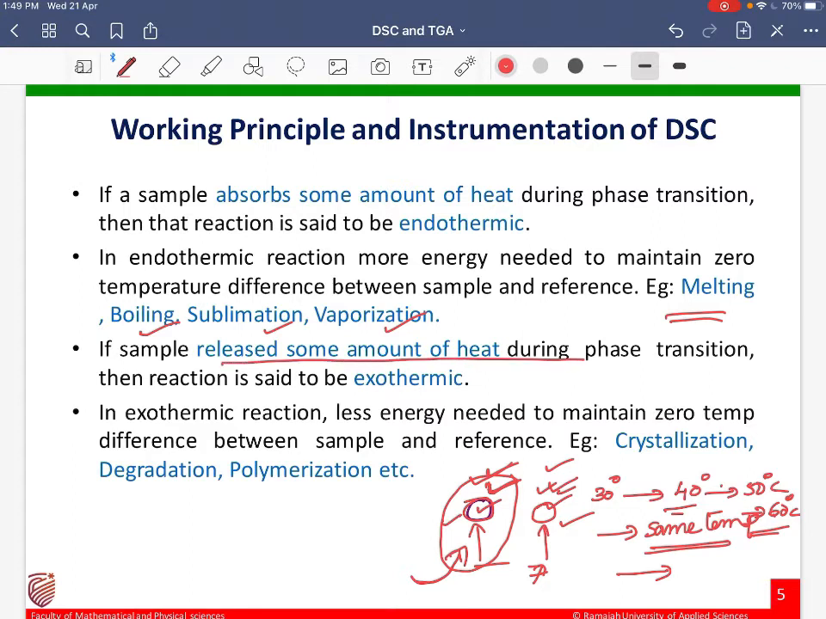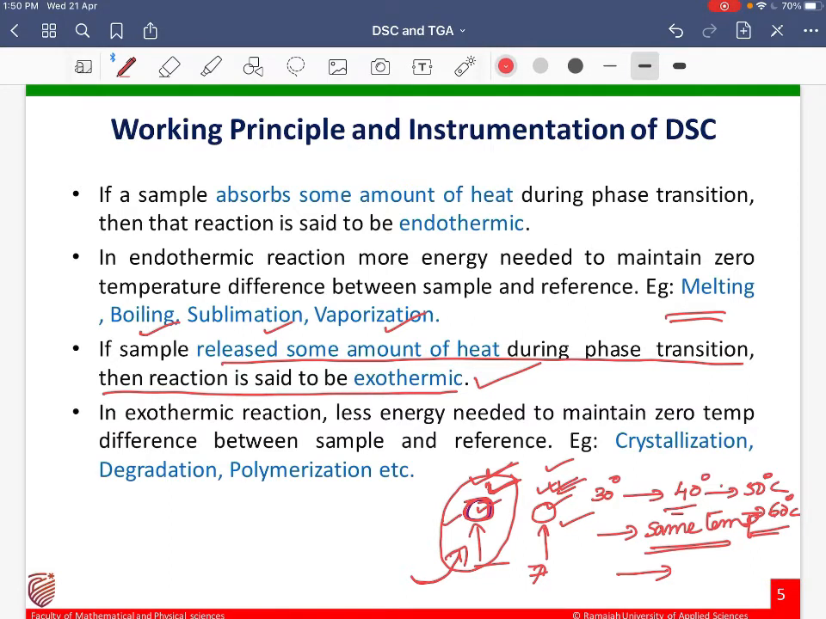If a sample releases some amount of heat during a phase transition, then the reaction is said to be exothermic. So exothermic means the sample undergoing a reaction where heat is released. Those kinds of reactions are known as exothermic reactions. In the case of an exothermic reaction, we know that heat is liberated, so the sample will have more heat